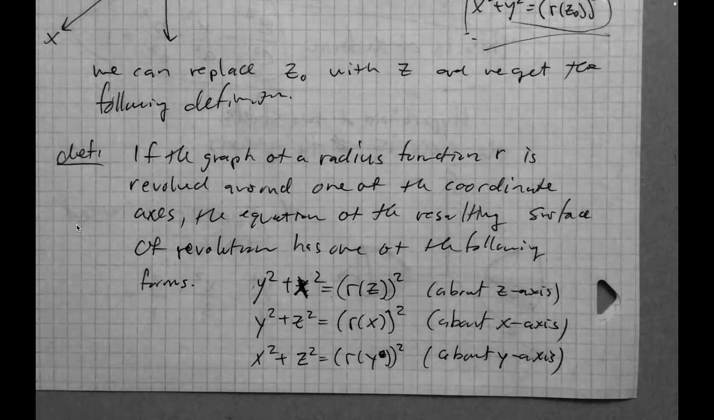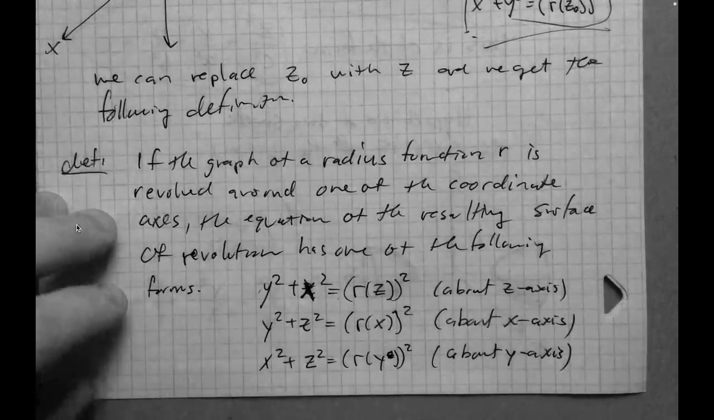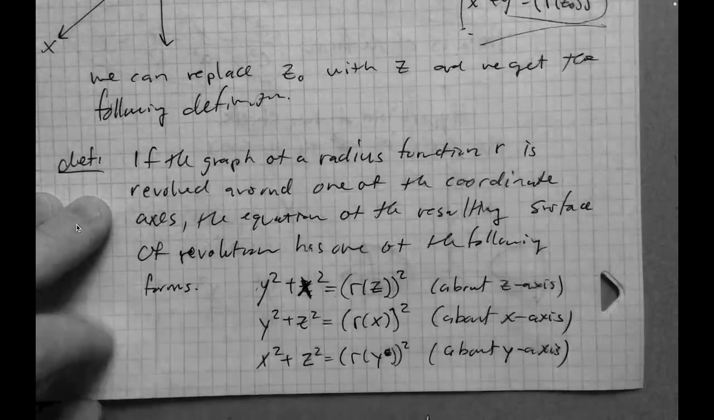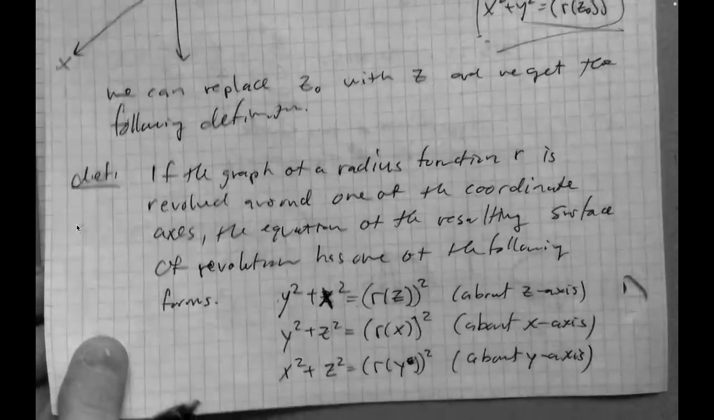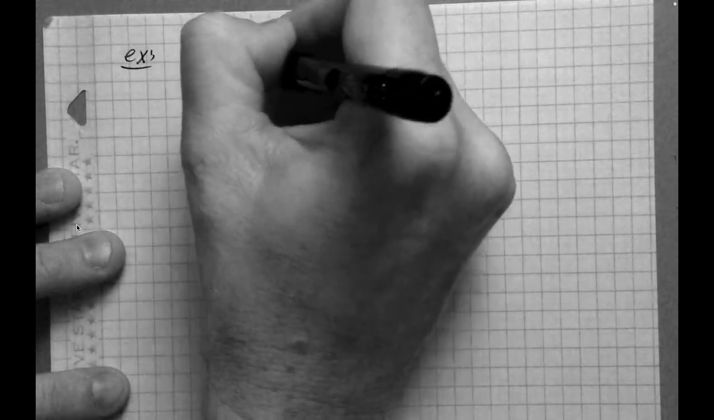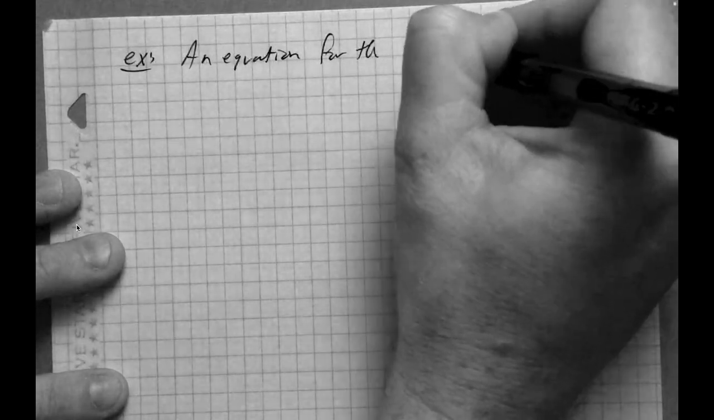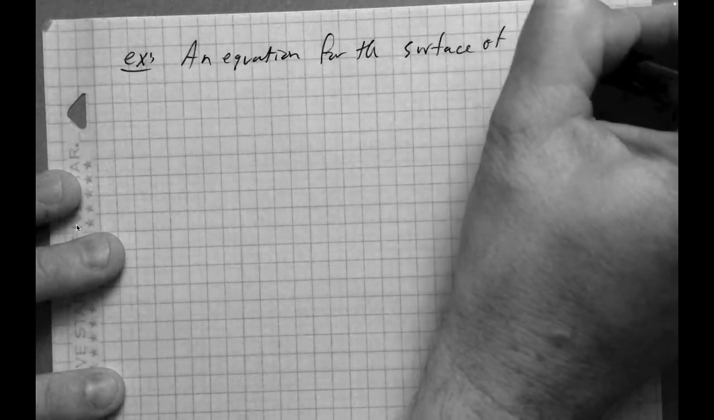So relatively straightforward. It's always basically the equation of a circle. Let's do an example here. Let's look at an example: an equation for the surface of revolution